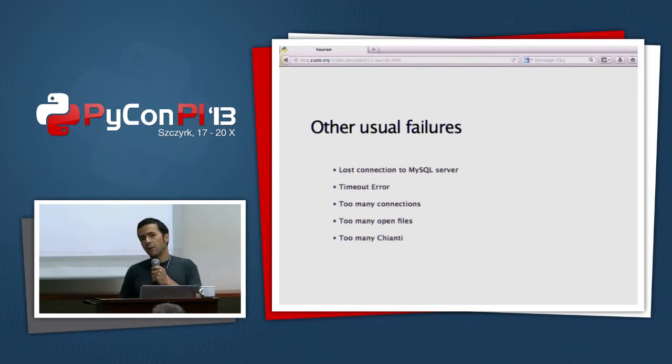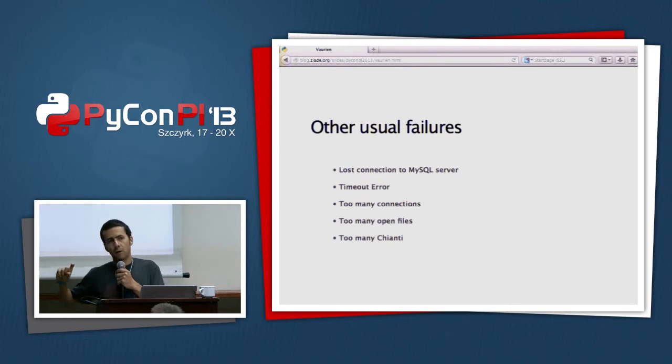You have, of course, all the timeout errors. If you use a backend server, like a database, that starts to get really slow because you have a lot of load on it, what's going to happen, of course, is that at some point your connector will time out. And if you don't manage this timeout, you might end up in a situation where all your connectors in your pool are just stacking up and nothing works anymore. So you have to deal with the timeout.